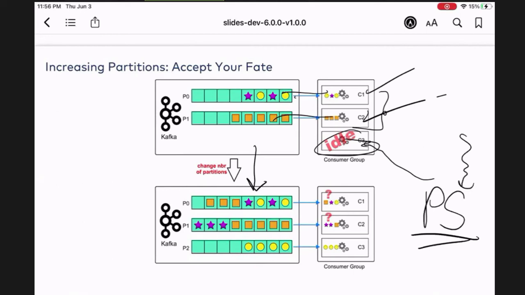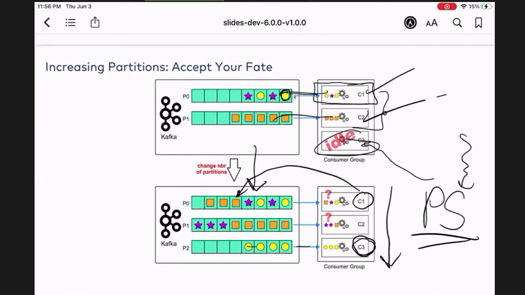But then now when you increase the number of partitions, notice the yellow circles were going into the first partition before, to consumer 1. But now all these yellow circles are going to the 3rd consumer, and consumer 1 is now getting the squares that it wasn't getting before, and is also getting these. So there's a change because of the change of the formula. So you just have to be careful with that.